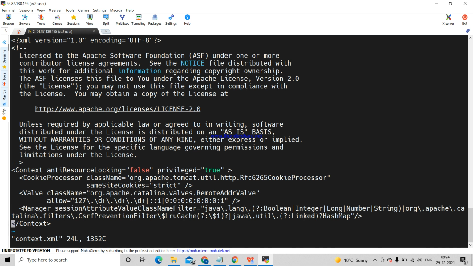Here we have allow equal to 127. Did you observe that my cursor is located at the allow location? Here we have 127 slash dot something, right? So I am trying to remove everything. Press I for insert, then remove this line,